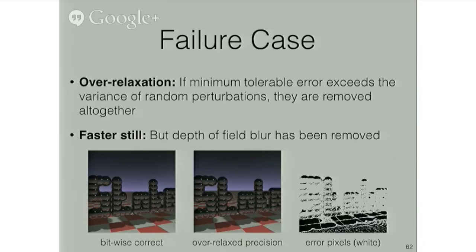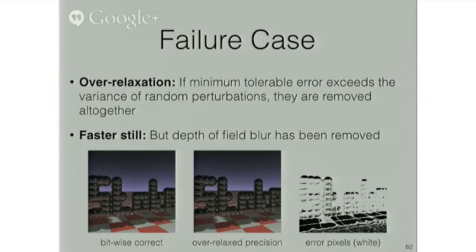And just to wrap up, as a fun example of how you can get exactly what you asked for without realizing what it was that you asked for, if the maximum acceptable ULP error is set above the variance of the random noise that's used to introduce the blur, then Stoch is content to eliminate most of the kernel altogether. In fact, it eliminates the entire kernel. So if the ground truth implementation is perturbing the camera a small bit, and you tell Stoch, well, I don't care about floating point errors above a certain value, it will say, well, then not doing anything is equivalent.